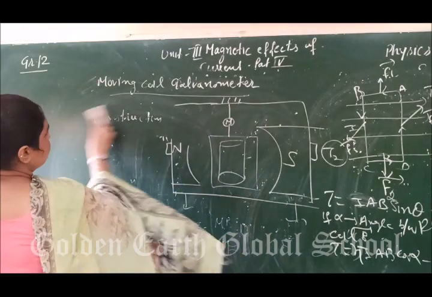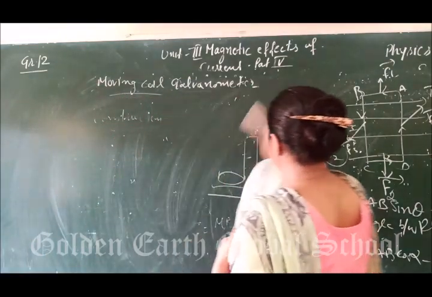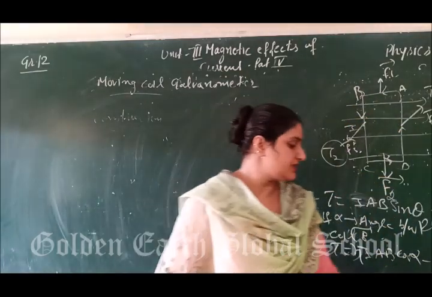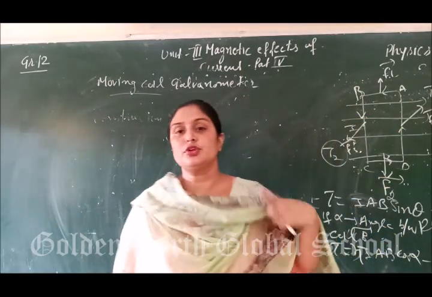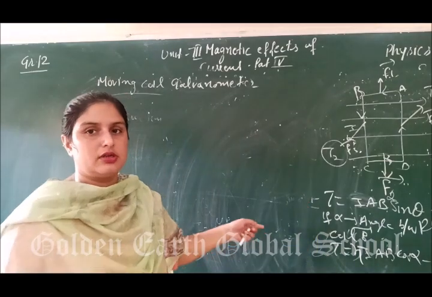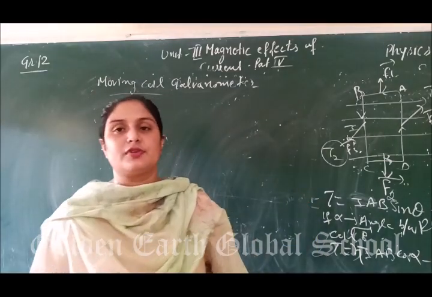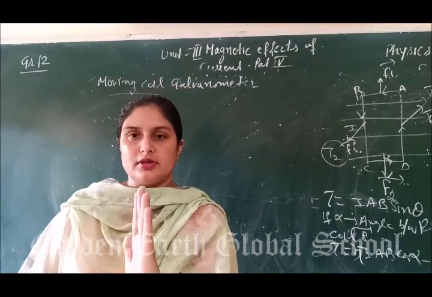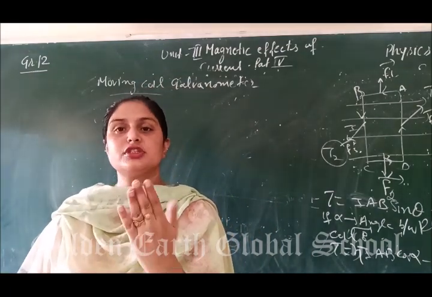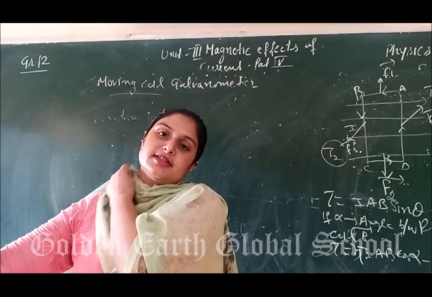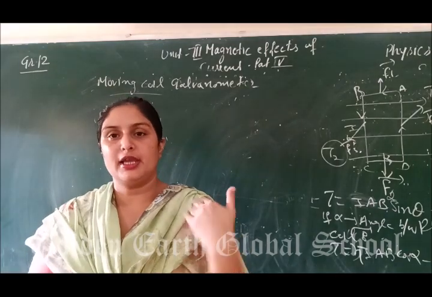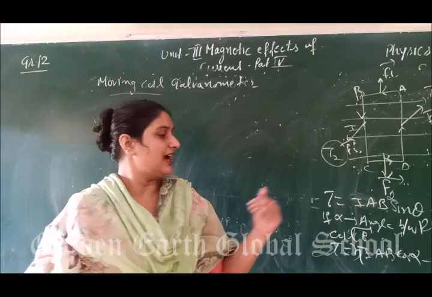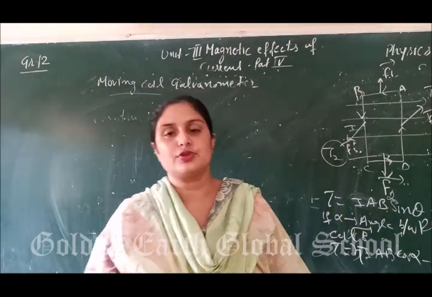Now when the current is passing through the coil that is placed inside the magnetic field, it is going to deflect due to this torque. But when the current is removed, this coil will move back to its original position, and there will be some torque that makes the coil go back to its initial position, and that torque is known as the restoring torque.